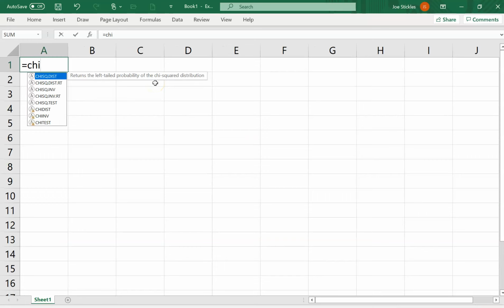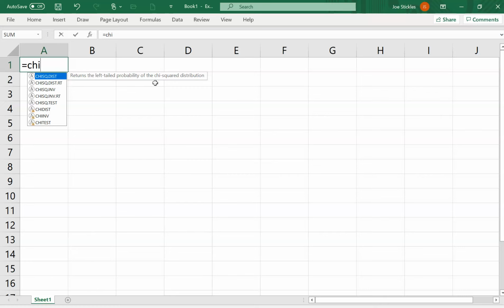Remember, for your chi-squared distribution, you can just start typing chi, and all the different options for chi-squared pop up. The chi-squared.dist is the one that gives you the probabilities that you're less than a certain value. That gives you the cumulative option, or it will just plug the number into the PDF if you say false, remember I had the true-false option at the end. The right-tail version does the same thing for the right tail. So if you don't want cumulative, you can just do right tail to go above. Okay, that's what this one does.